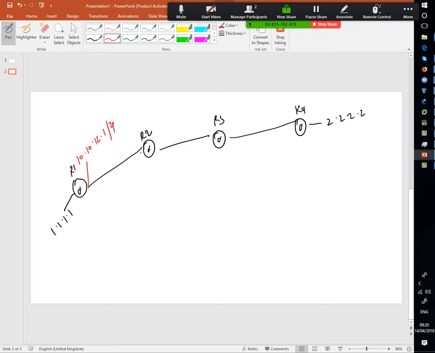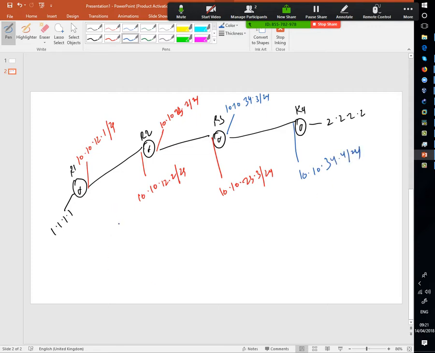10.10.12.1/24, 10.10.12.2/24, 10.10.23.2/24, 10.10.23.3/24. Here I am using 10.10.34.3/24. Here I am using 10.10.34.4/24. Okay, and what my agenda is, I need to ping from R1